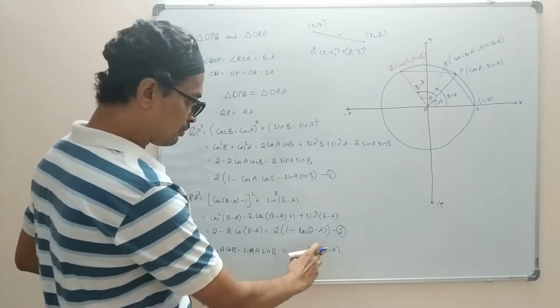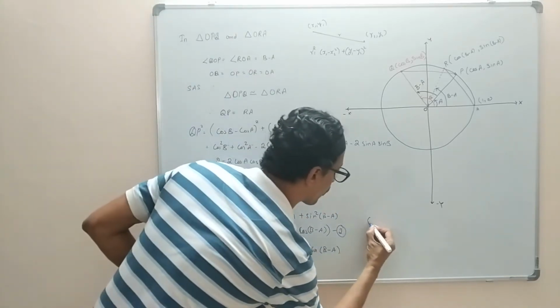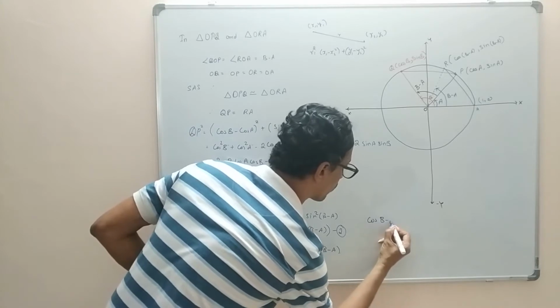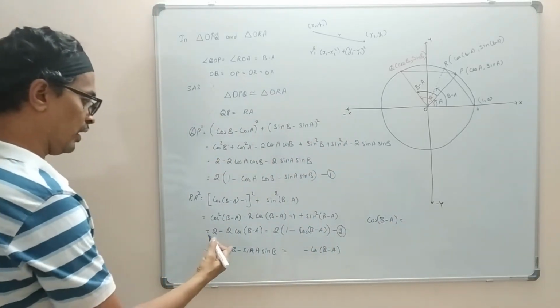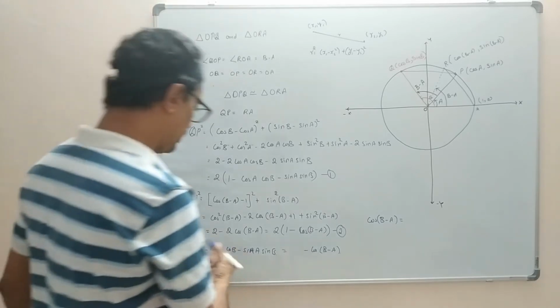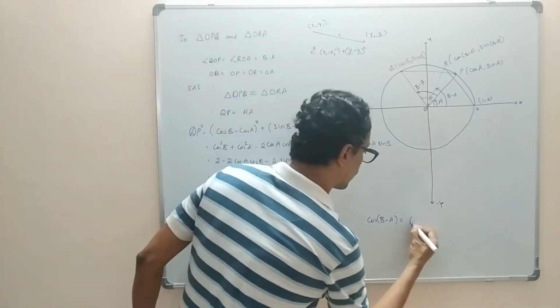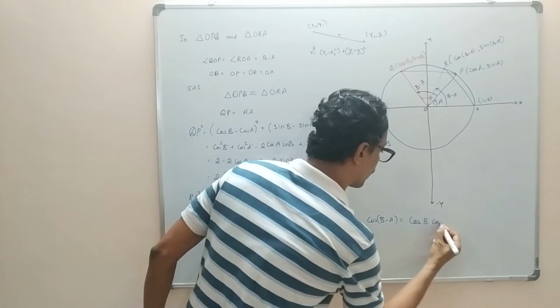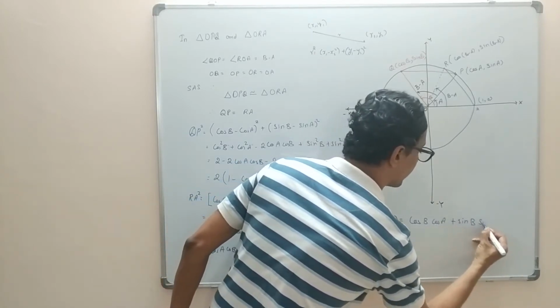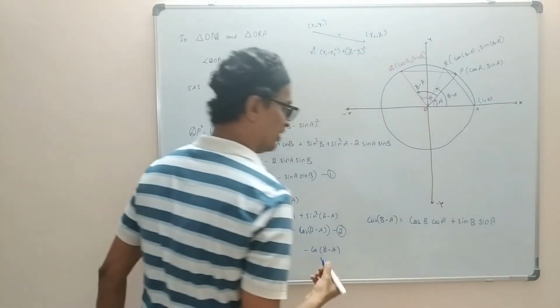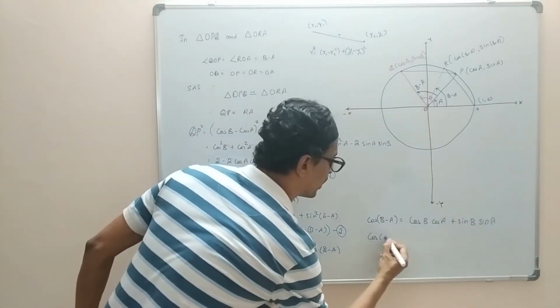Therefore, cos b minus a equals cos b cos a plus sin b sin a. Or similarly, if I write cos a minus b,